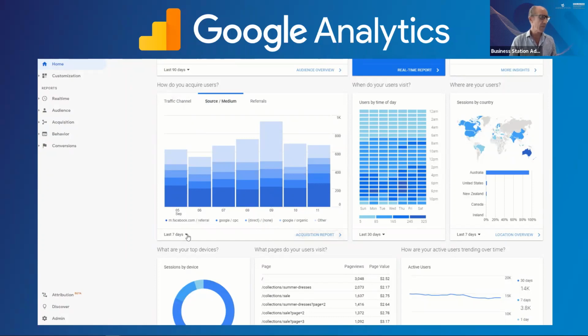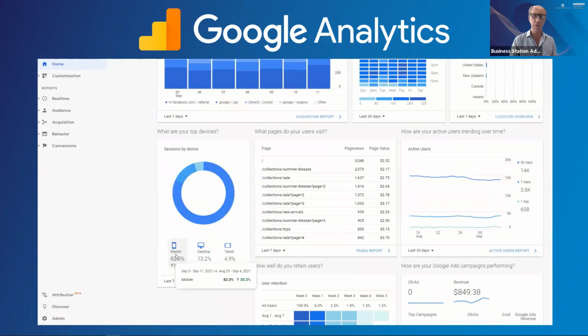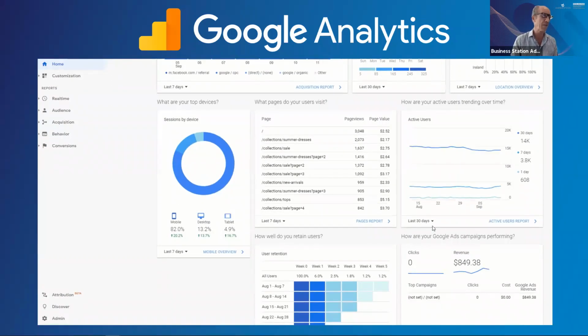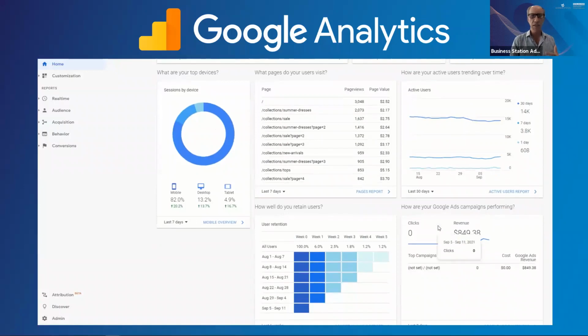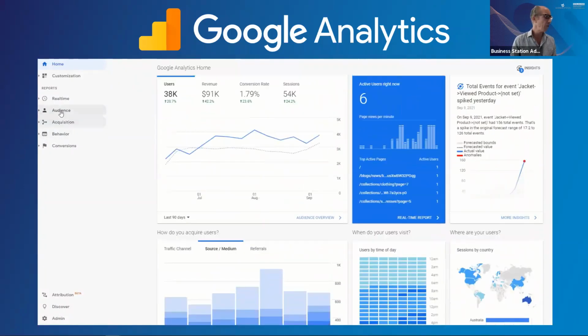And very useful information, because I'll show you a little bit more shortly why that's useful. Also, what device they're coming on to your website with. So this one's 82% mobile, which is important from a mobile friendliness perspective. So that's one thing. So understanding who your audience are, and we will just have a look at a bit